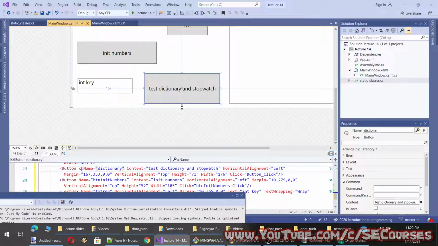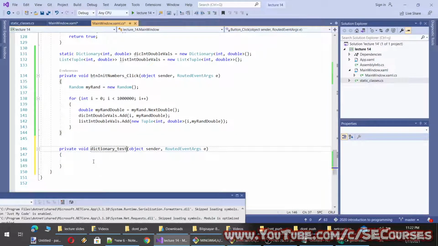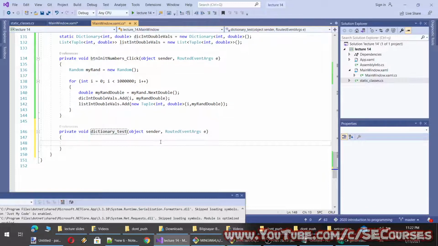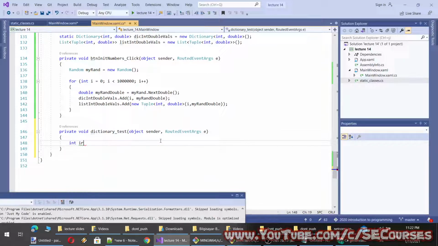Dictionary use and performance test. Okay. So basically, first we will convert our text box text to integer. Test key. It will be Convert.ToInt32.